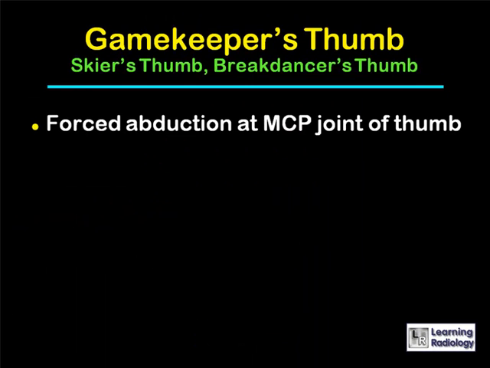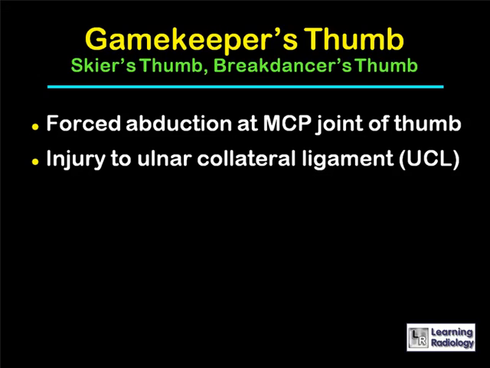Gamekeeper's thumb is more often called skier's thumb or sometimes breakdancer's thumb. It's due to forced abduction at the metacarpal phalangeal joint of the thumb. It was originally described as a chronic injury in Scottish gamekeepers because of the way they used to kill rabbits, but it is now an injury that's much more frequently seen in skiers due to forced abduction of the thumb